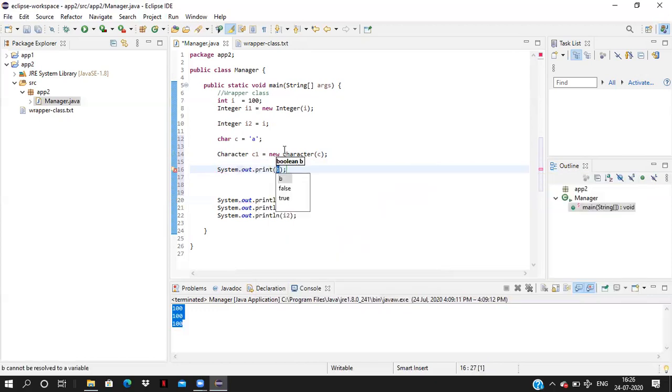Here I am just printing primitive character value equal to c, and wrapper class character value equal to c1.